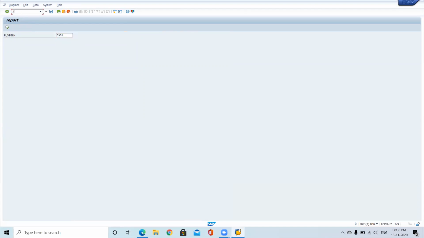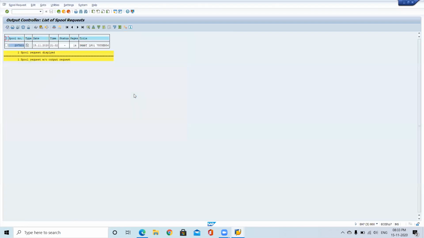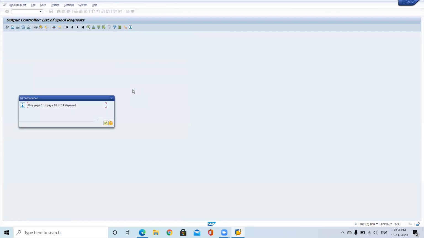So that's why if you want to see that information, what is waiting for the printer, that will come under spool. That means waiting list. So those details we can see from this SP01 transaction. So from this SP01, you can see what are the things waiting for the printer. So just click on this one. So pages, here you can see that same output. It is waiting for the printer. Once you connect the printer, immediately it will print.